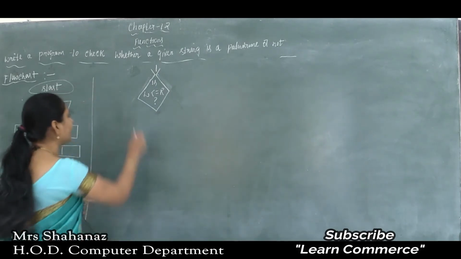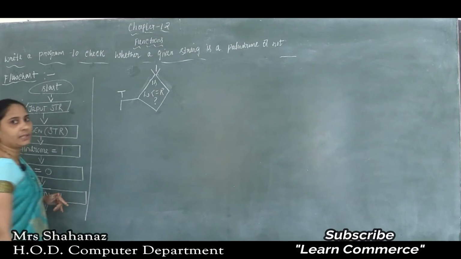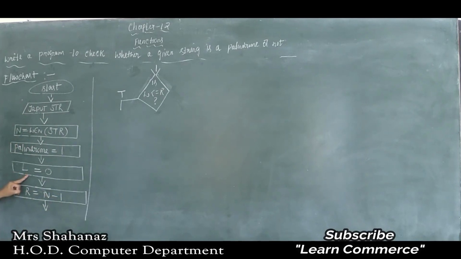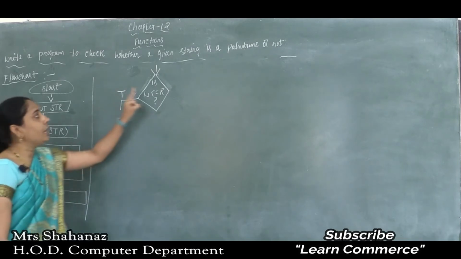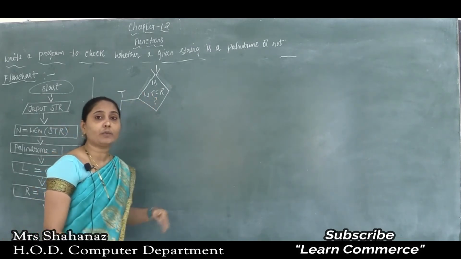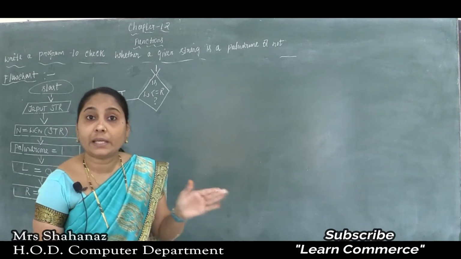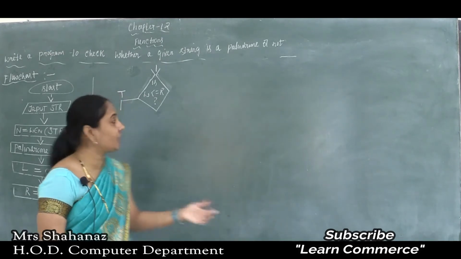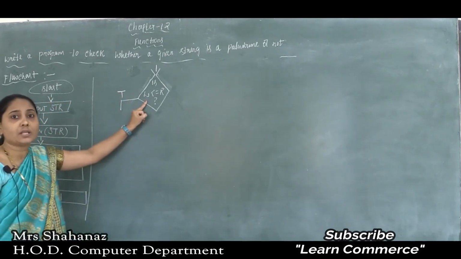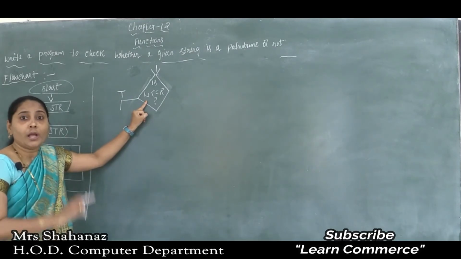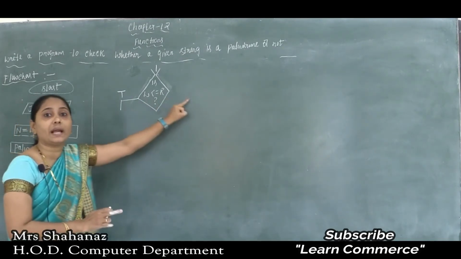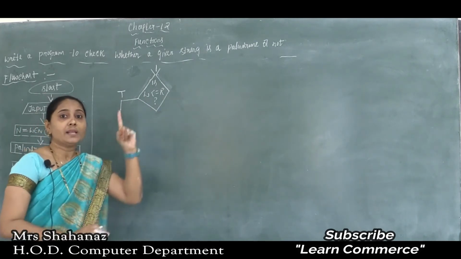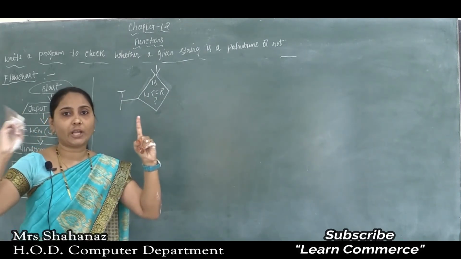If such a condition is true, clear this point here? So the L value is initialized to 0 and the R value is equal to n minus 1, all of which are called initialization. Correct? Initialization. Later I am going to check whether the group of characters in the given string is a palindrome or not. I need to use some conditions. So the first condition I am going to use is whether the left side value is less than the right side value, as when you compare 0 and 4, the 0 value is less than 4.